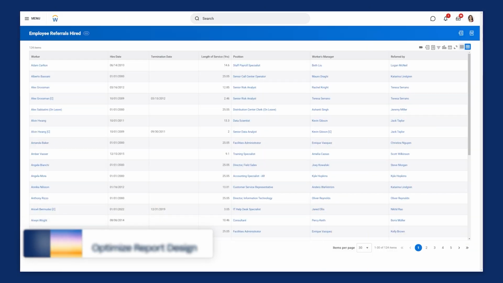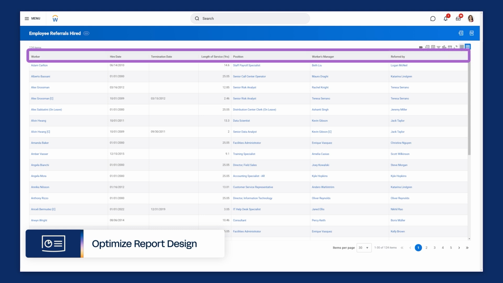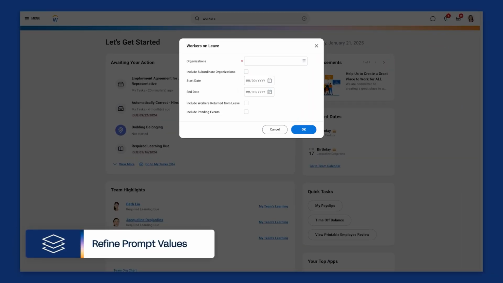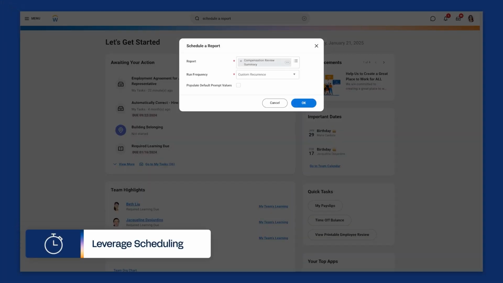So, as a business user, how can you improve report performance? Let's explore a few tips. Optimize report design. When you request your report, include only the necessary fields and filters. Refine prompt values. When you run your report, use specific prompt values to narrow down your data. Leverage scheduling. Take advantage of background processing by scheduling reports to run automatically during off-peak hours, such as overnight or